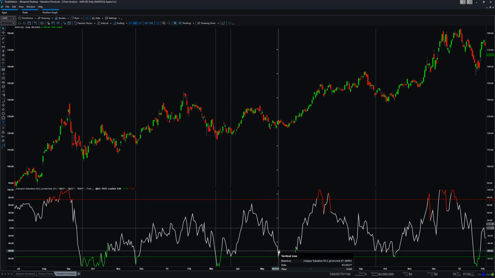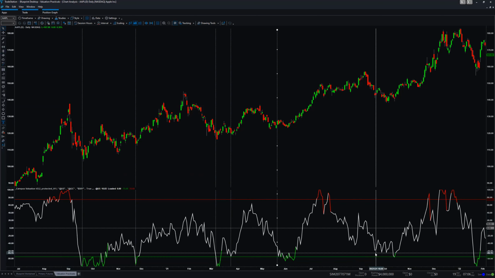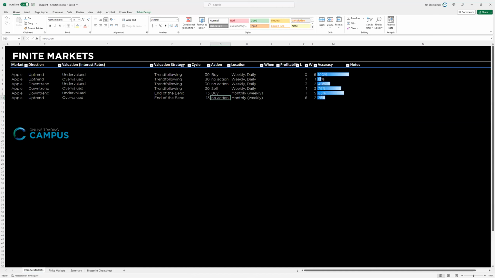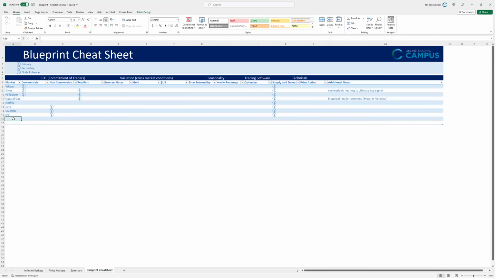Then here, I get a setup that's much better. Here again, if I move it to here, it's much better. And then here, it's also much better. So the 30-day cycle, there's no doubt about it that in the case of Apple, we should use the 30-day cycle. So now with doing this analysis, we have our cheat sheet, and now we can add